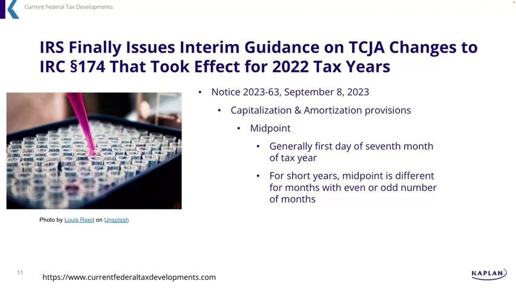If you have an odd number of months, let's say that we had 7 months, then the month that is considered the midpoint month is the month that has as many months before and after that month. So again, in this case, we would be looking at that midpoint month as the 4th month, because it'd be 3 months before it and 3 months after it. So basically, that's how you do it.